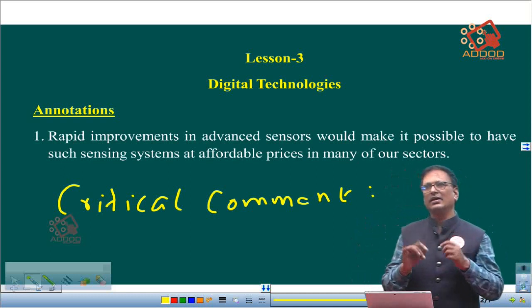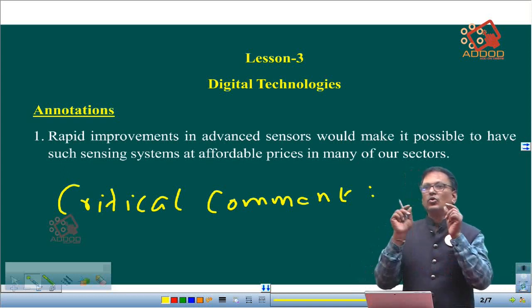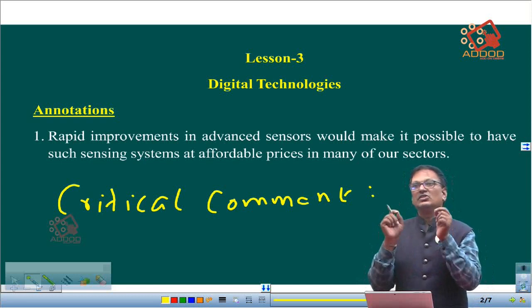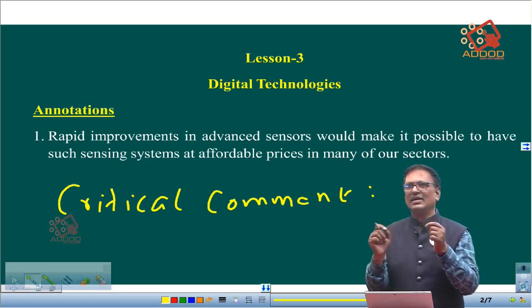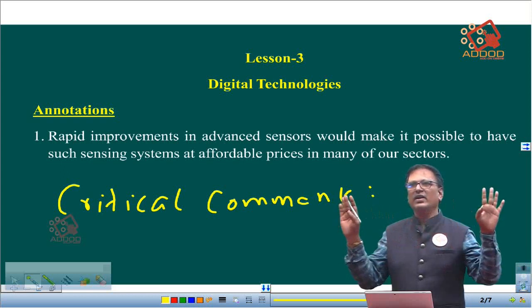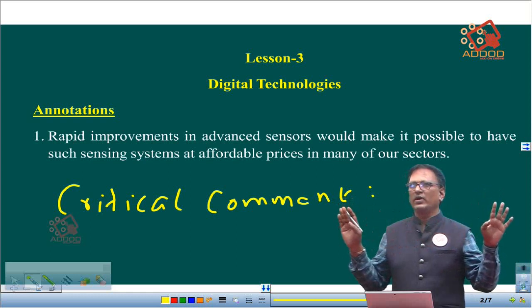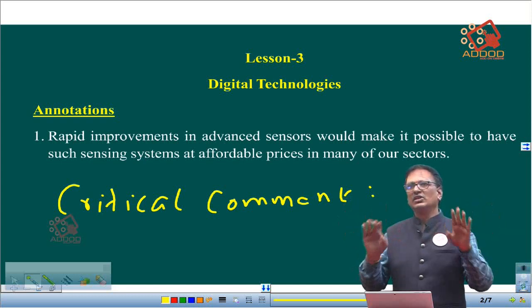So here, critical comment means critical. What is the meaning of critical? That you are going to pursue by yourselves. It is not with somebody else's knowledge, but your own knowledge. With your own knowledge, you are going to analyze or understand something that is not there in any book, something not heard from anybody, but purely from your own observation and imagination. You are going to write some points under this.